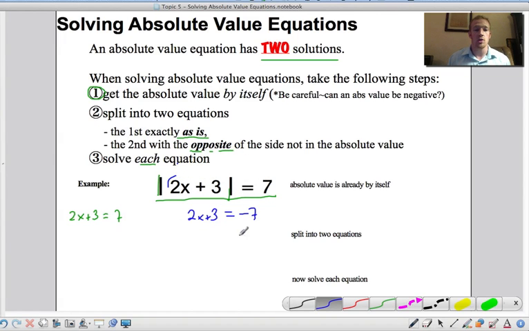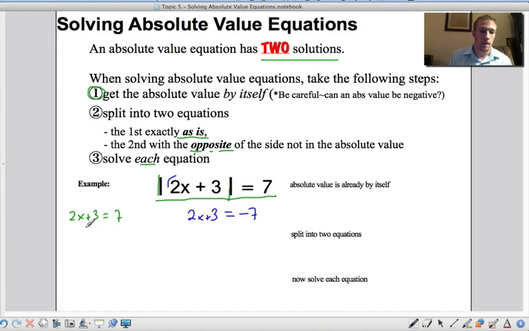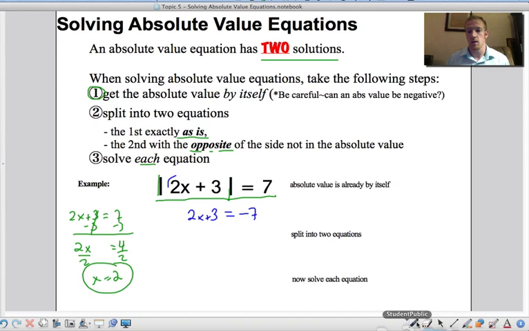And so now we solve both equations. Minus 3. So I have 2x equals 4. So I have x equals 2. There's one answer that would work if I plugged it in. And then,